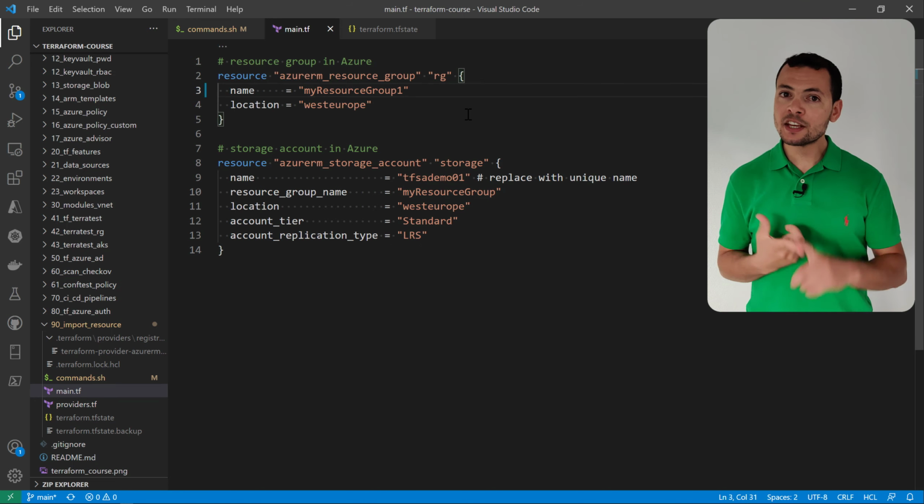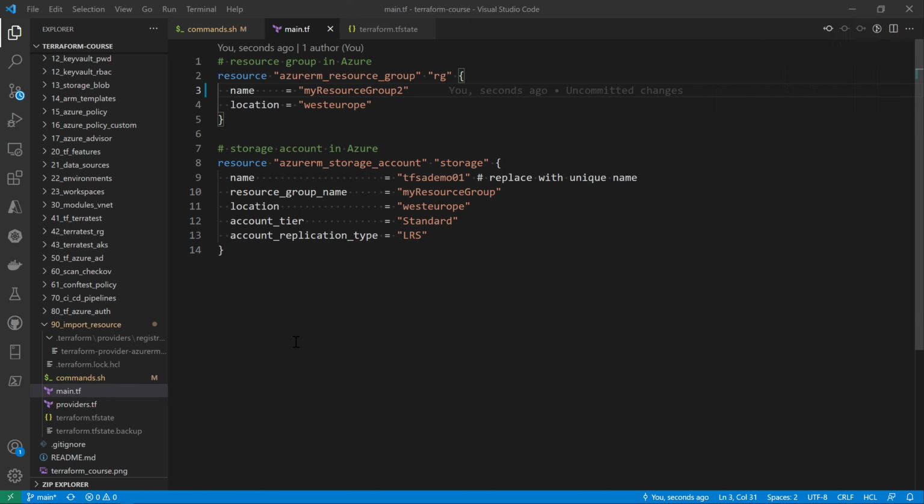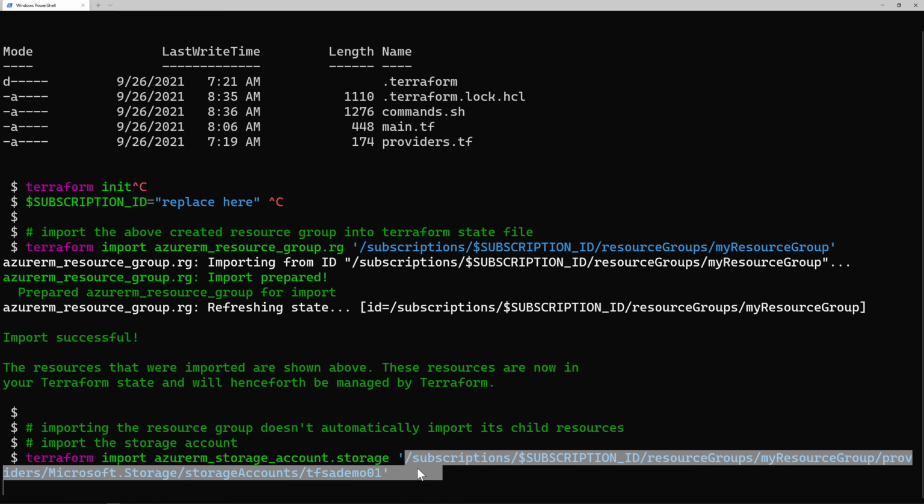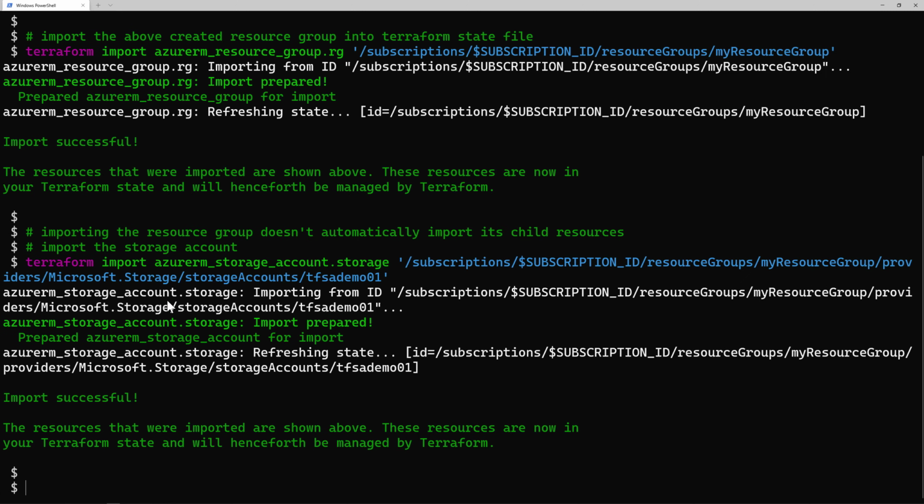And here comes the second solution, which is using a cool feature in Terraform, that is the import. So with import, that's another command in Terraform. You run terraform import, and the objective here is that you import an existing resource into your Terraform state file. So Terraform will detect the configuration of that resource and will include it into your TF state.